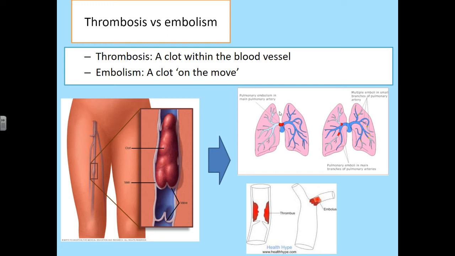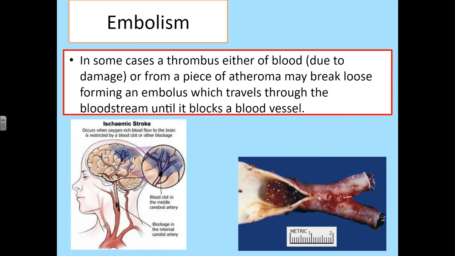If you get one of these blood clots getting through that, it goes into the heart, and it'll come out the aorta. It will then whiz round again until it finds a small capillary bed. One of the capillary beds it quite often goes to is in the coronary arteries. We'll talk later about myocardial infarctions, MIs, but if you get one of these clots in your heart muscle, it can kill heart tissue.